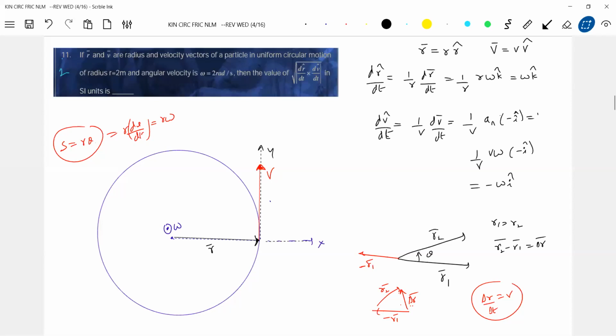Okay, then you take the magnitude. Let's get into the problem. This will be under root of dr cap by dt, omega k cap minus omega i cap. How much will you get? Omega square, so omega will be the result under the root of this. Okay, this will be 1. That angle